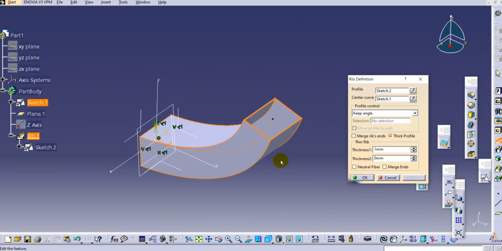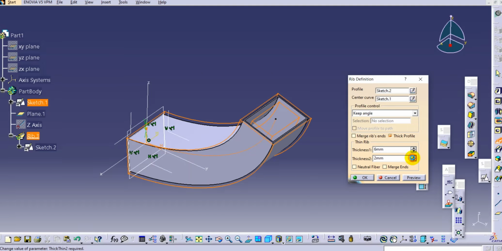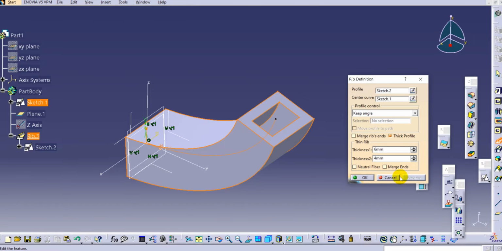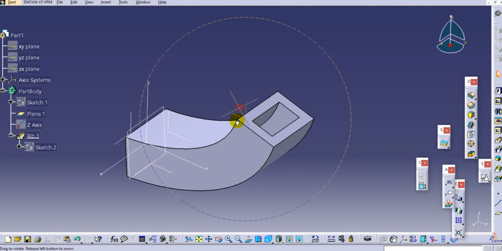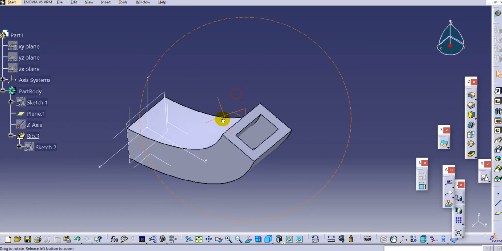Just preview this one, and add the thickness 1. Thickness 1 is the inside thickness, so it will create a thickness inside of that sketch, and thickness 2 will add the thickness outside of the sketch. Once we preview it, you can see the thick rib is created, and it is hollow inside.